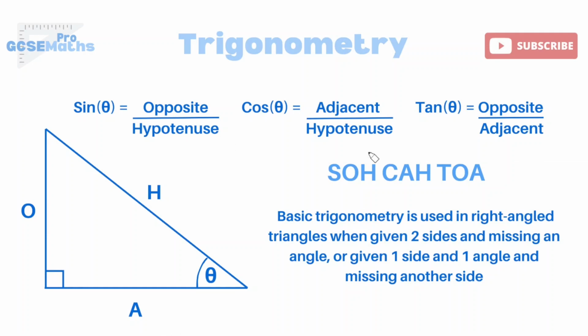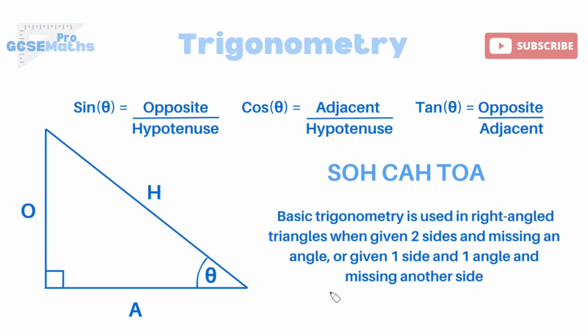Here we have the three formulas. So we've got sin, cos and tan. You will have noticed those buttons on your calculator. We've obviously got a right angle triangle here with the correct labels, and we've got this acronym SOH CAH TOA. So trigonometry, or in this case basic trigonometry, where we're looking specifically at right angle triangles, okay? Basic trigonometry, SOH CAH TOA, only works for right angle triangles, and in difference to Pythagoras' theorem,